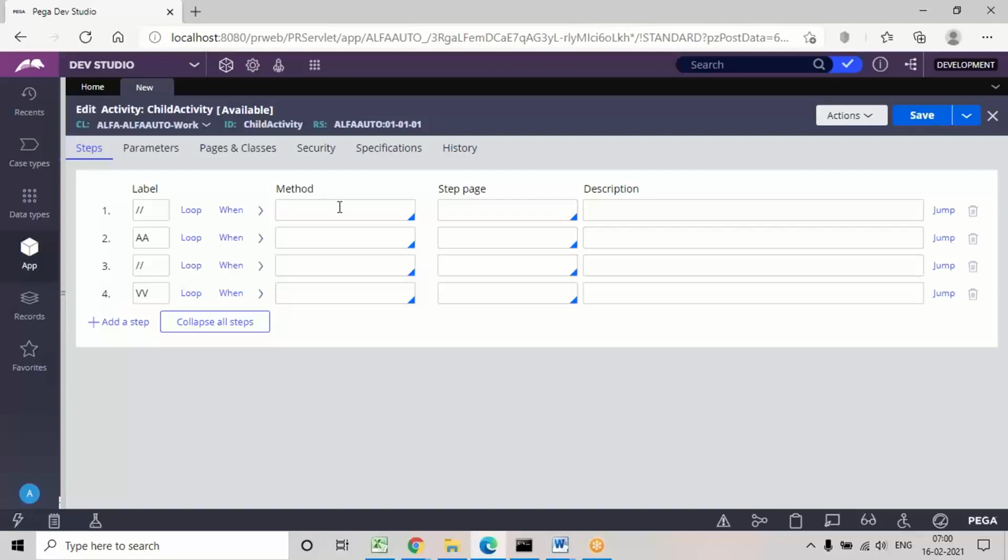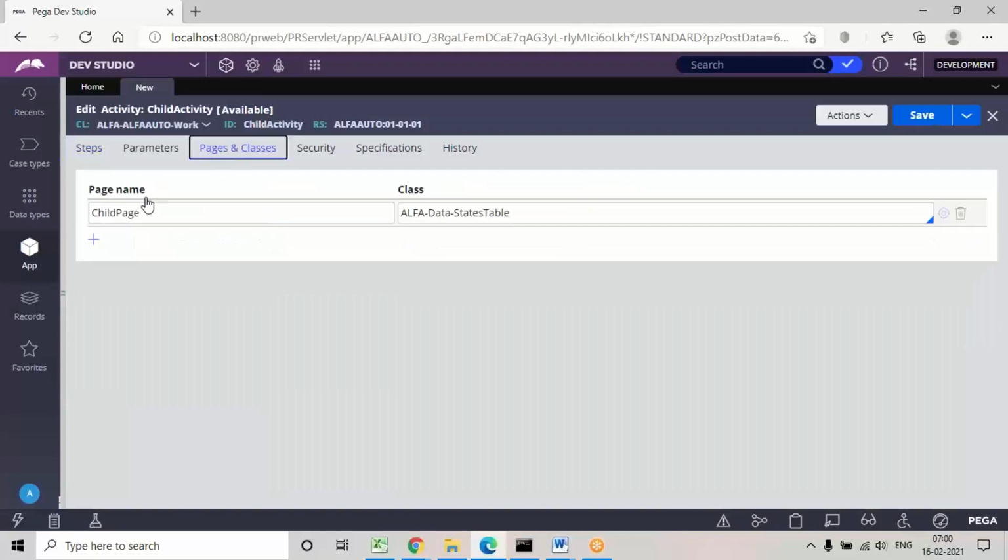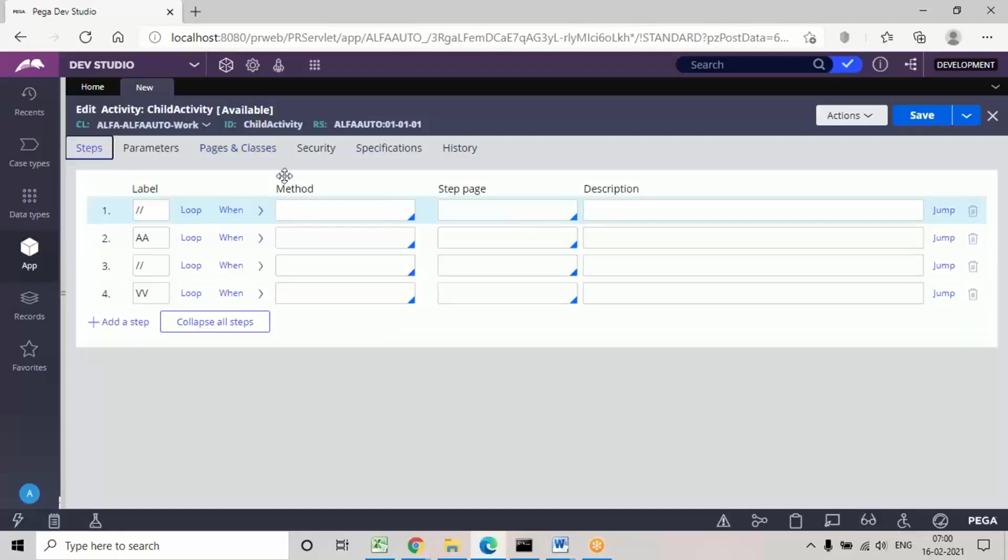And there is an option called step page. The purpose of step page is this: in your pages and classes, if you're defining any new user pages, this is not a built-in page, right? We define this manually. So if any new pages and classes are defined, then we have to map this page name under the step page. What will this step page do? This will add the page to the clipboard for debugging purposes. That is one purpose. Or if I want to choose any properties from a reference class, like table properties or anything, at that time beside the method name we have to use the step page again.